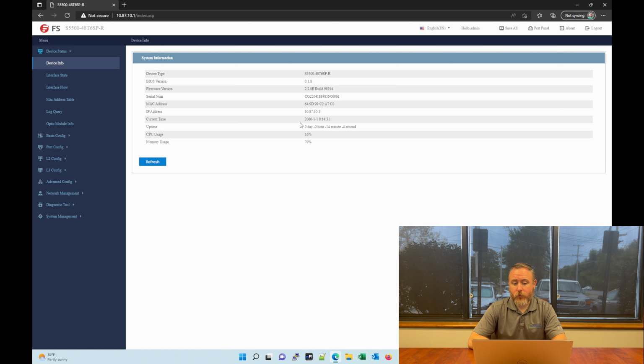By default, the password of this switch is stored in the config file in plain text. But the good news is there is a command you can run that will change it to where your password is encrypted. We will talk about that more in our video walkthrough of the command line interface, so stay tuned for that. But continuing on into our walkthrough of the web interface of the